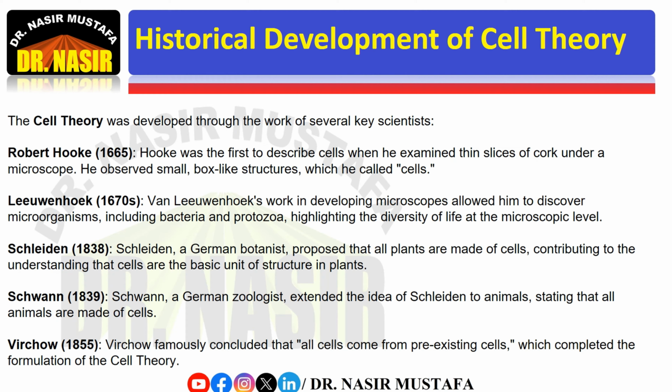Schleiden, a botanist, proposed in 1838 that all plants are made of cells. The following year, Schwann, a zoologist, extended this idea to animals. Finally, in 18